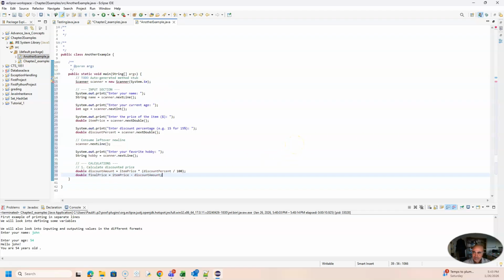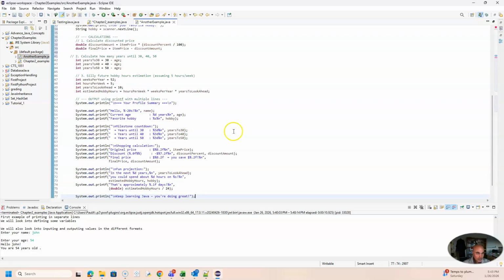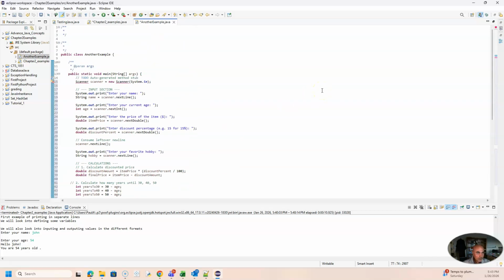So I tried writing a little more of the code here, and then we'll go over the code with you. So right now, as you can see, I have created my class, I have created my main method,